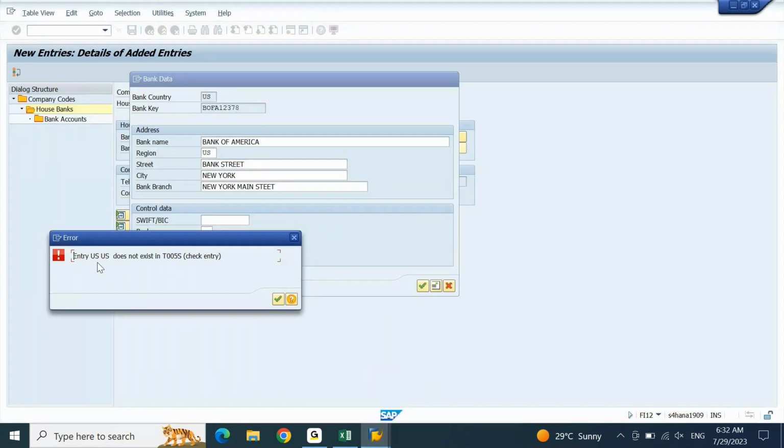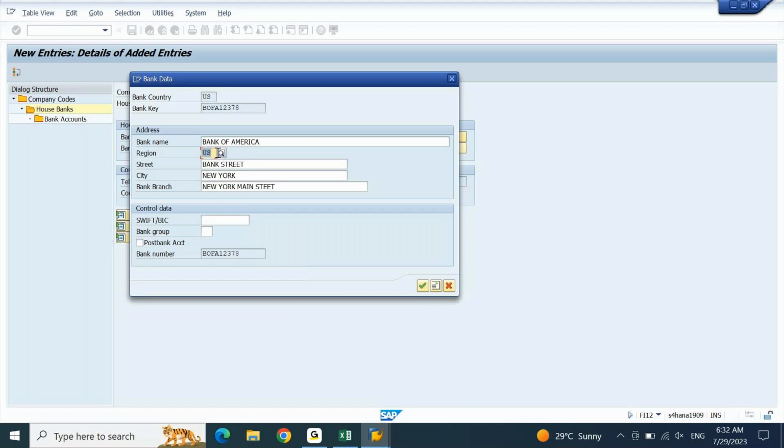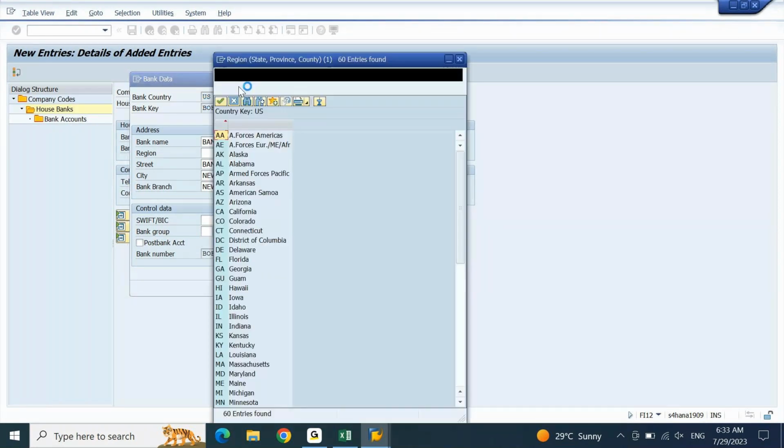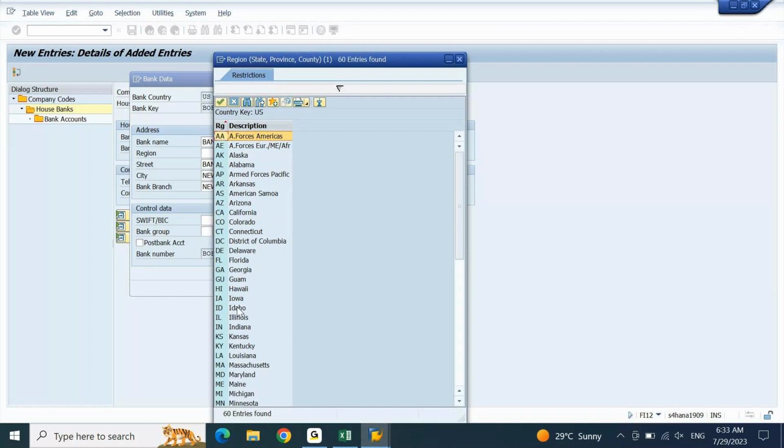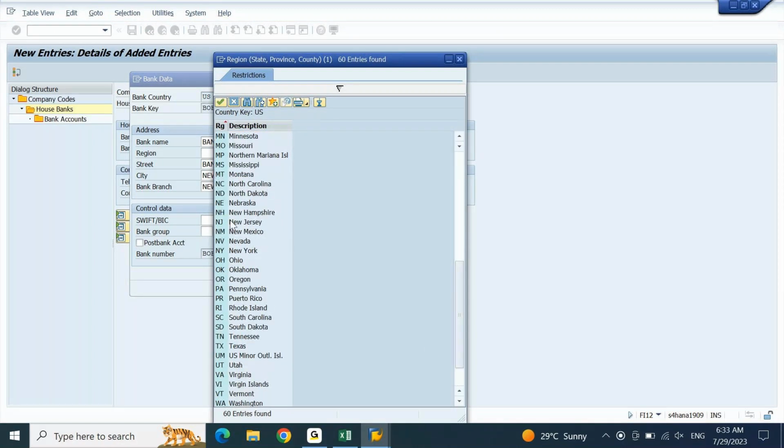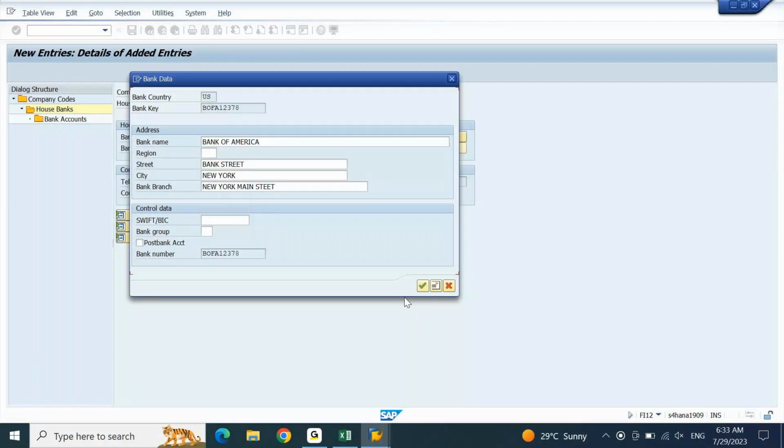In case your vendor has the bank account in the same bank, when you go to the vendor master record while adding the bank account information, it will not give any message, because the moment you put the bank country, bank key,